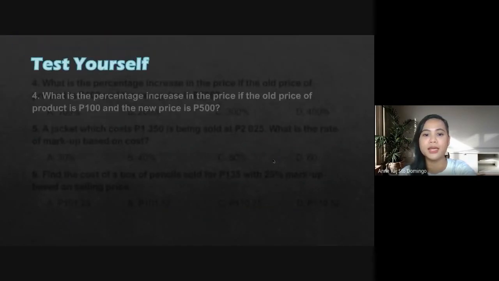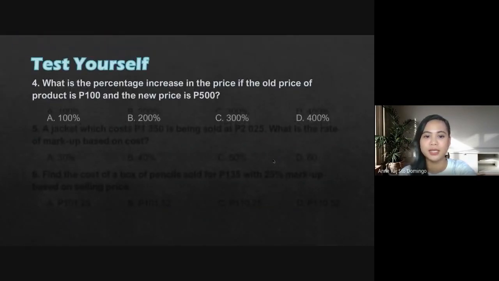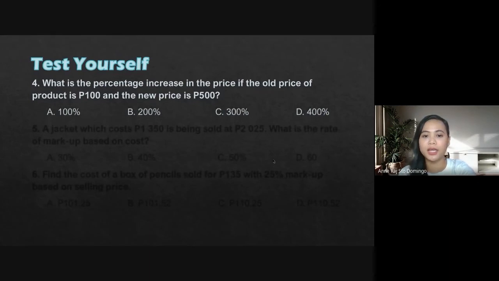Now, let's move to number 4. What is the percentage increase from 100 to 500? When you increase it by 100%, how much is 100? That is 200. Another 100, that is 300, which is 200%. So, 300 now. Another 100, 400 now. So, 300%. Then, when it becomes 500, that is